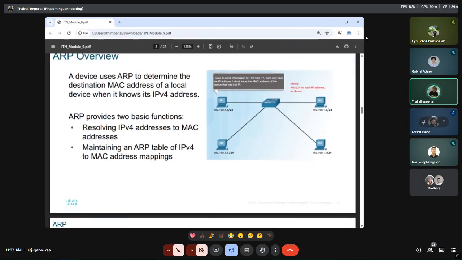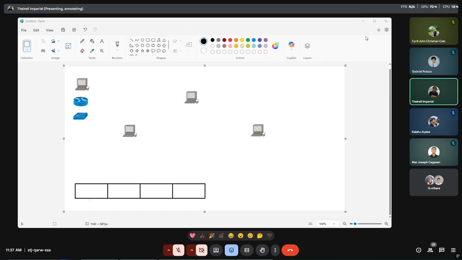Okay, so I'll be presenting a different slide here. Just allow me to show this particular one. I'm actually using Paint at the moment, so sorry for the drawings. Okay, so we have the following. Just allow me to continue this one. I'll have here a switch, which I would now have in the middle and connect between this device to this one. So we'll have the following named accordingly.